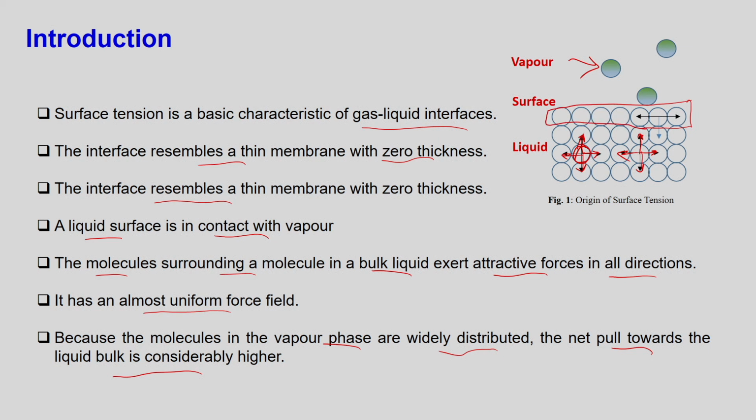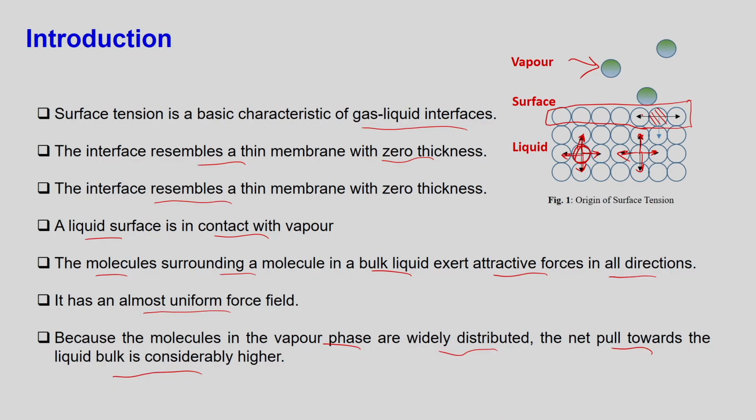Now, if you see this surface, this particular polymer molecule, even though it is attracted equally by the molecules lying to the left, right and bottom, there are no molecules lying on top of it. So, it means their energy is very high. They are attracted not equally, unlike the bulk molecule. So, the force acting on those molecules on the surface will be different than those in the liquid phase or the vapor phase.